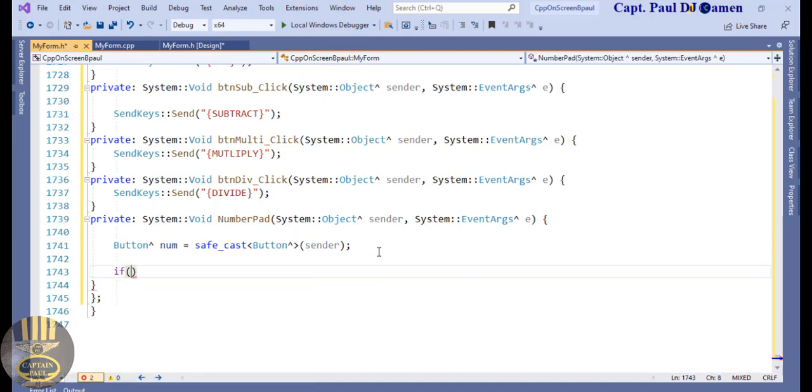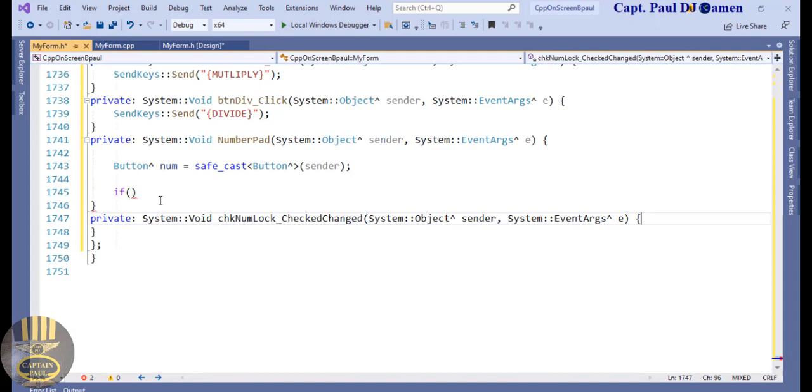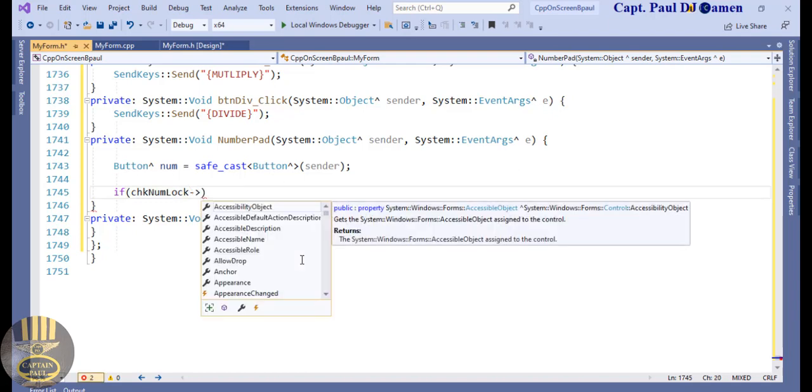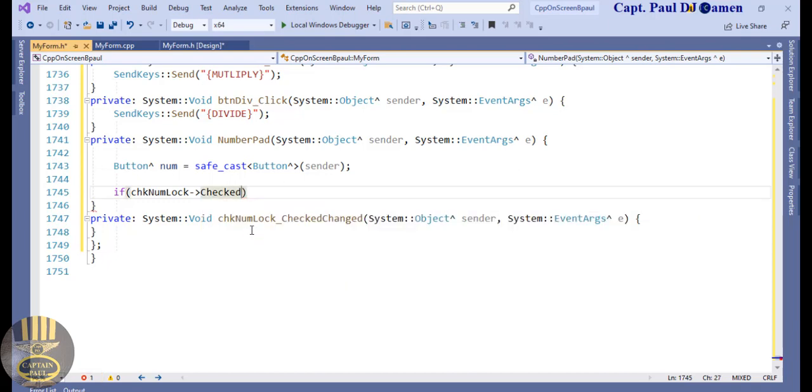I will then use an if statement. If my number, I think, what did I call it? The number pad. Let's go in there. I need to get the name of the number pad. All right, the name is CHK number pad. So let's grab that and double click on this number. No, not the number pad, this very one. All right. Say if CHK number dash checked, and if that is true,